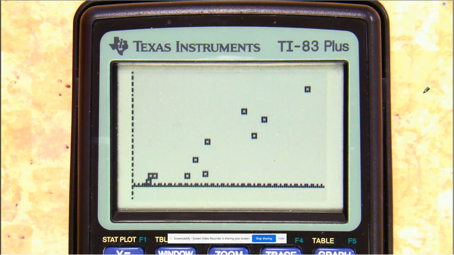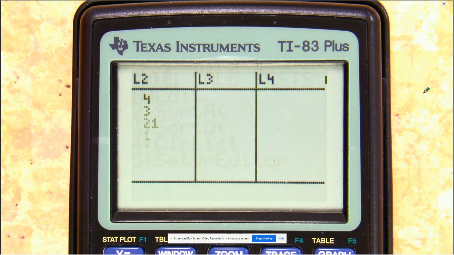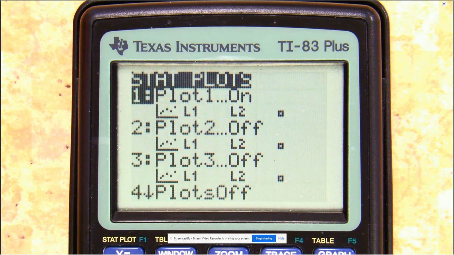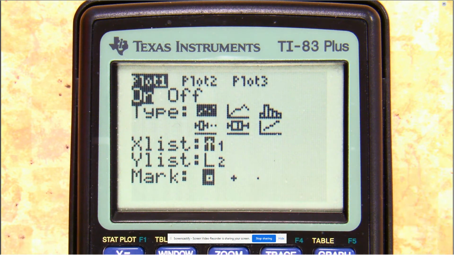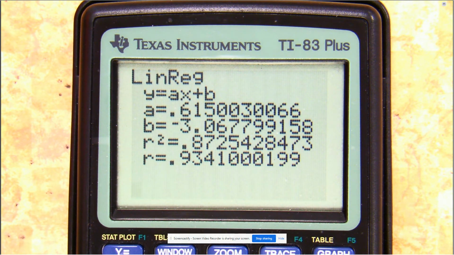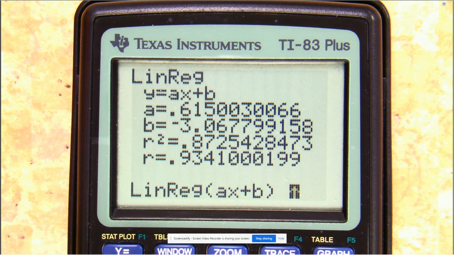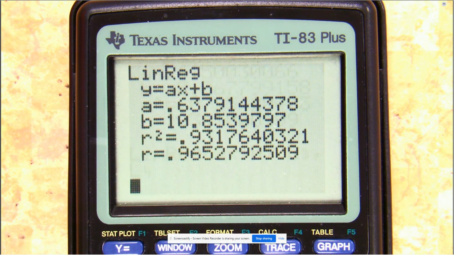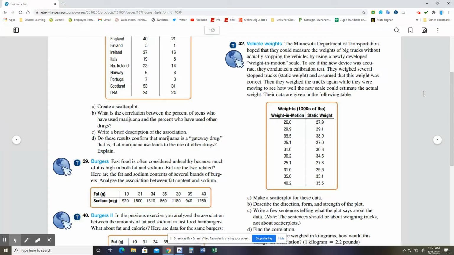Now, I'll flip my thing over here. I actually entered my data into list 3 and 4. You can see that there. So I'm going to have to change this to L3 and L4 in order to actually look at the scatter plot. This is the scatter plot for that particular problem. And just for the sake of argument, I'm going to run a LINREG, but because I'm not using L1 and L2, I actually have to use L3 and L4 there in order to get this to run correctly. And there's my information there, but I haven't even read what the question's asking. So let's go back to that.